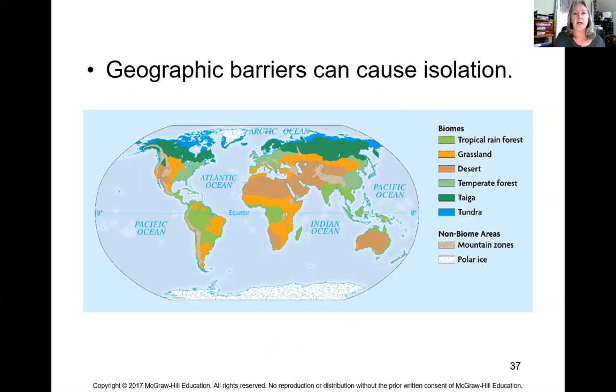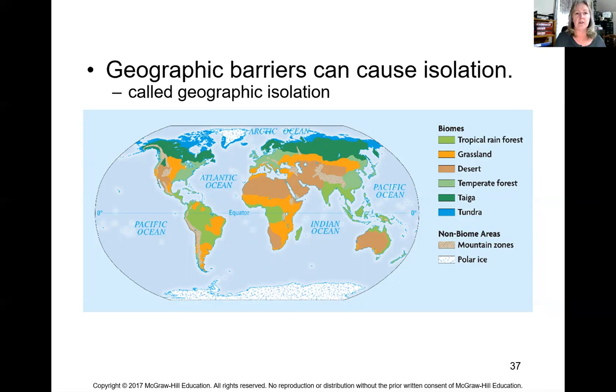So genetic barriers can be geographic isolations. So you have the different continents, you know, you have a lot of animals that can't get from here to here or from here to here because of the separation of the ocean. Just as the lizards got isolated on the island,